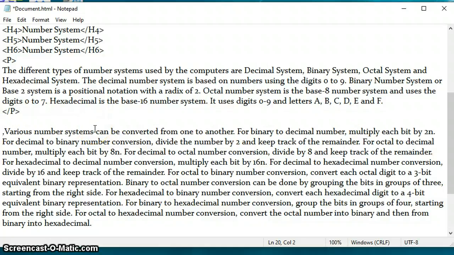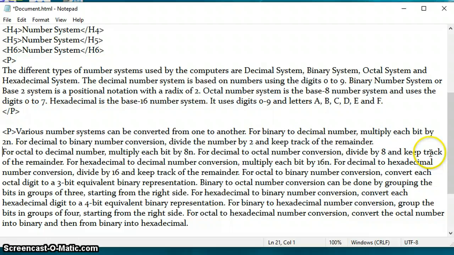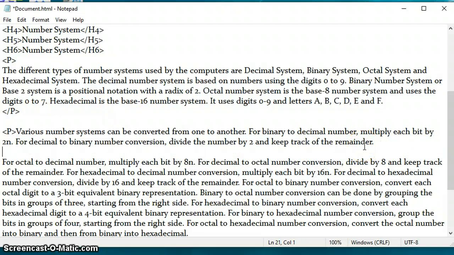Wherever there is a paragraph, like I want this to be a paragraph, so I can write the P tag here also or here also.